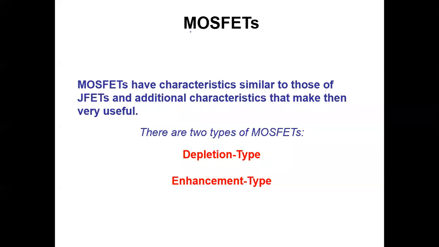Now I will be discussing another kind of FET that is called MOSFET. When we talk about MOSFETs, they have characteristics quite similar to those of JFETs, and they are quite useful than your JFETs. The MOSFETs can be classified into two different types, your depletion type and enhancement type. So N channel and P channel MOSFETs are there, but other than that, there is one more classification, that is depletion and enhancement type. So depletion means your channel is there and you are destroying the channel. And enhancement means your channel is not there, you are actually creating the channel by applying the electric field on